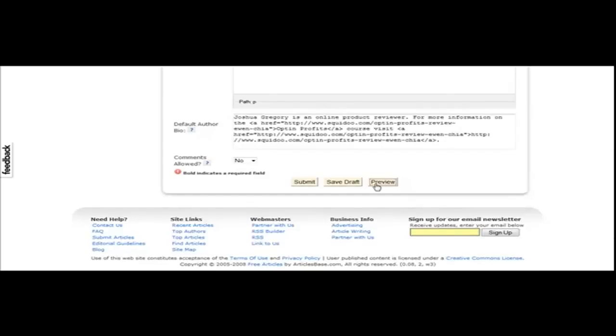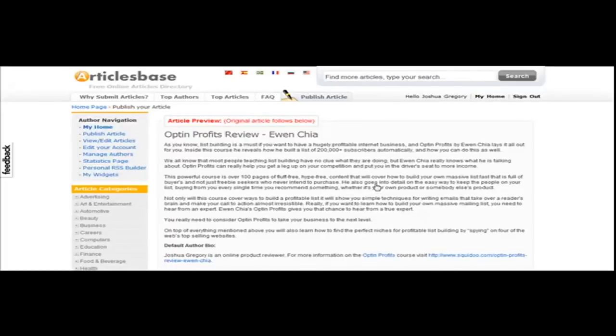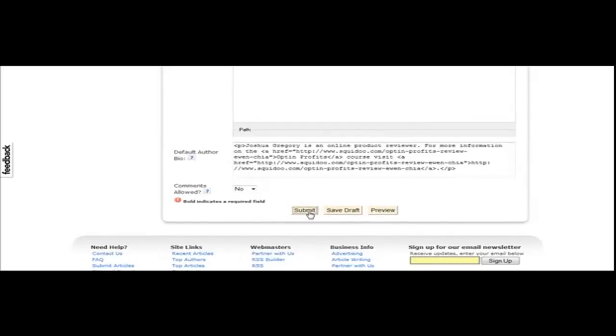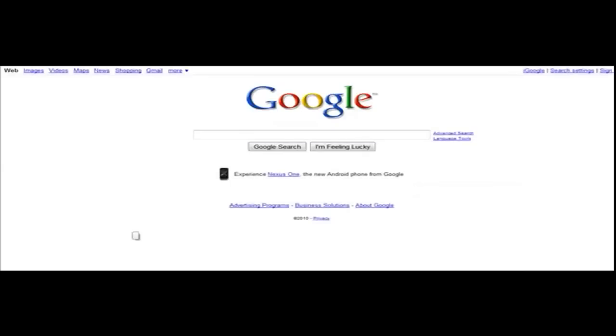And then I would come down here and choose preview. And then come on over and test, just make sure that link works. And then scroll all the way to the bottom and choose submit. And that will take just a moment. Okay, and then after you've submitted your article, just go ahead and log out of Articles Base and go on over to